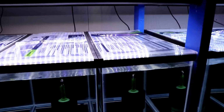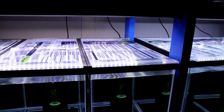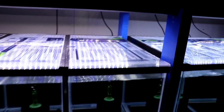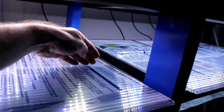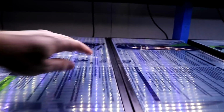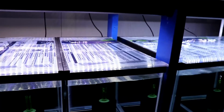per top to make these, which is pretty affordable when it comes to a top. And so that's the importance of me putting these tops on here for now. I think this has actually helped keep the room probably 2 or 3 degrees warmer than I had been before. Again, these aren't finished. I'm going to cut them here so that you can open this as a lid, and then this plastic stuff on top gets removed, and I need to clean all this stuff off because you can see it's got that plastic all over it